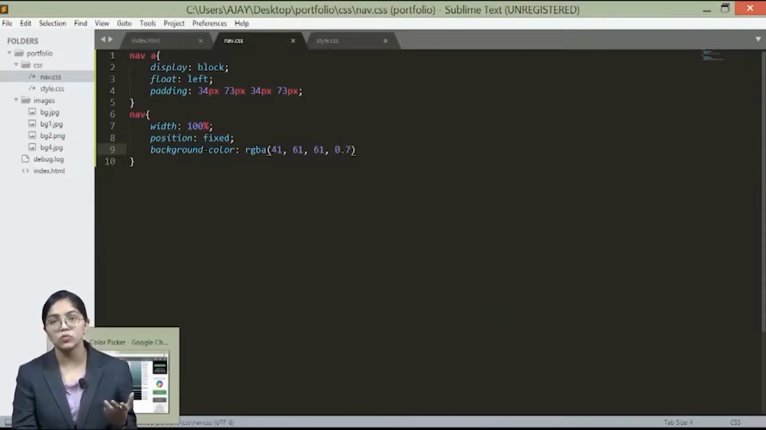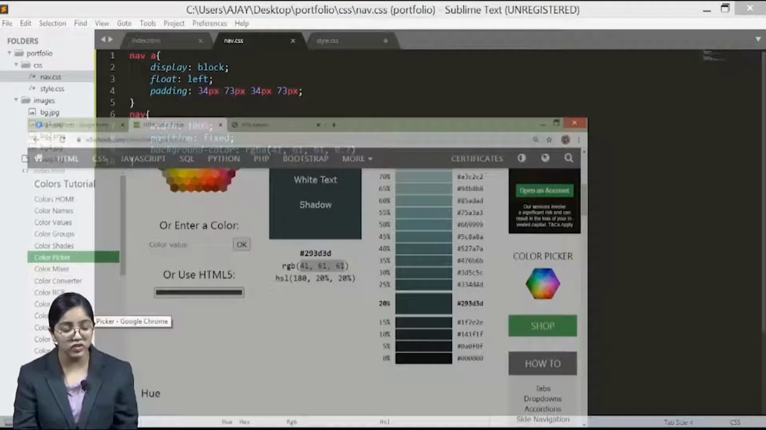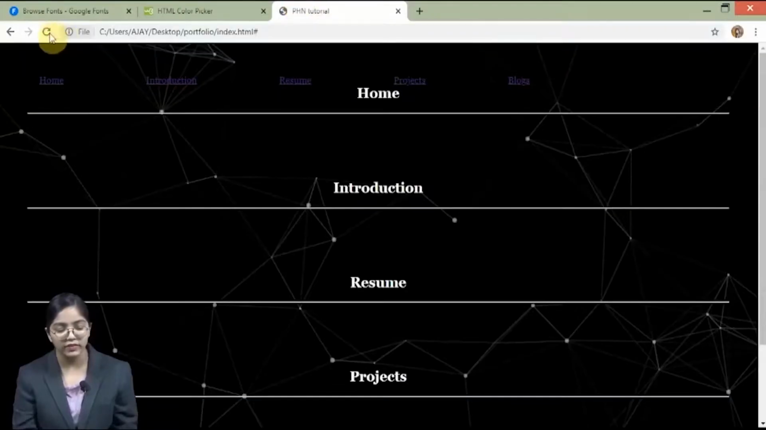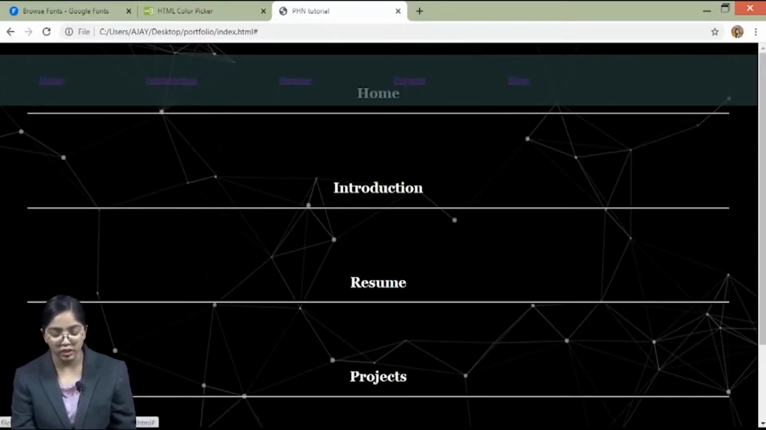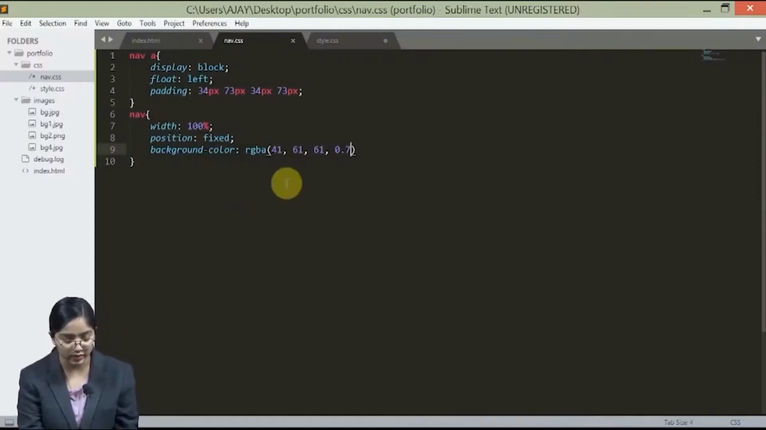If you give opacity as 1, there will be no opacity. You can just check it for yourself. So I've saved it. Now you can see that it is moving. Now you can see there is a little bit of gap from the corner, the left side corner and the top side corner. So here we are going to define it as,